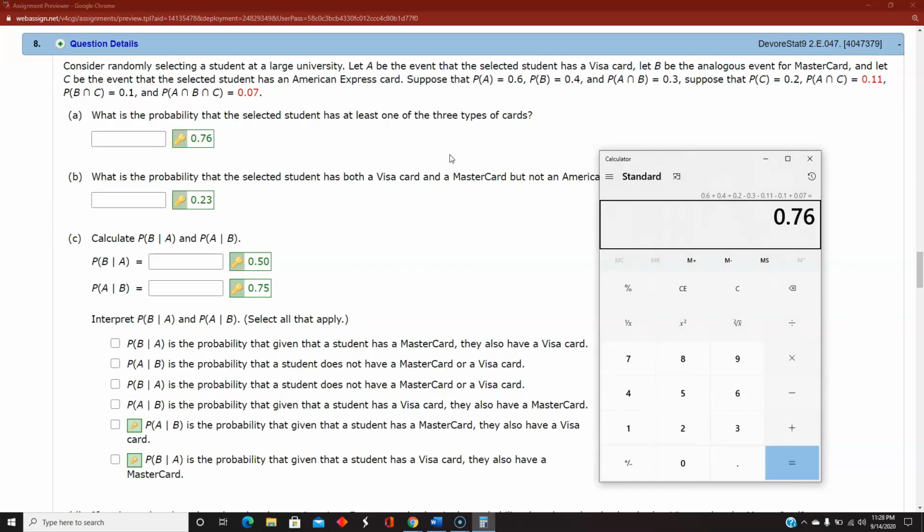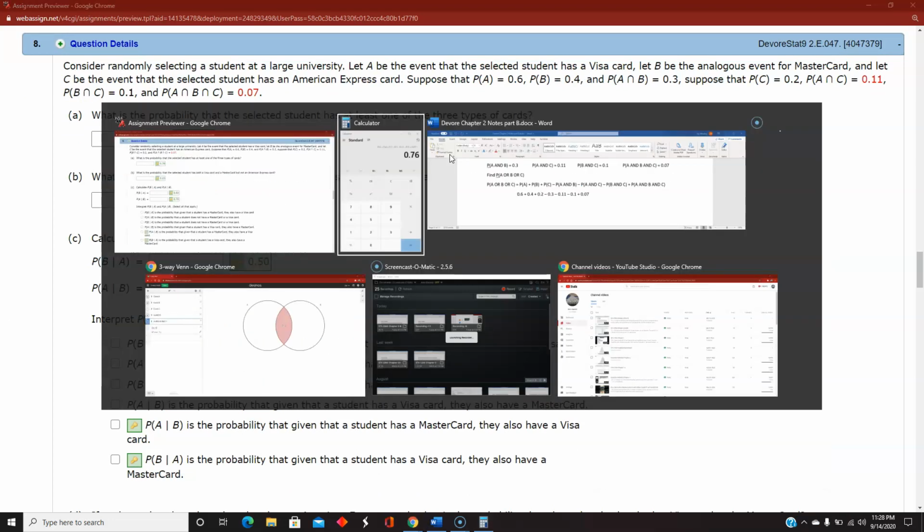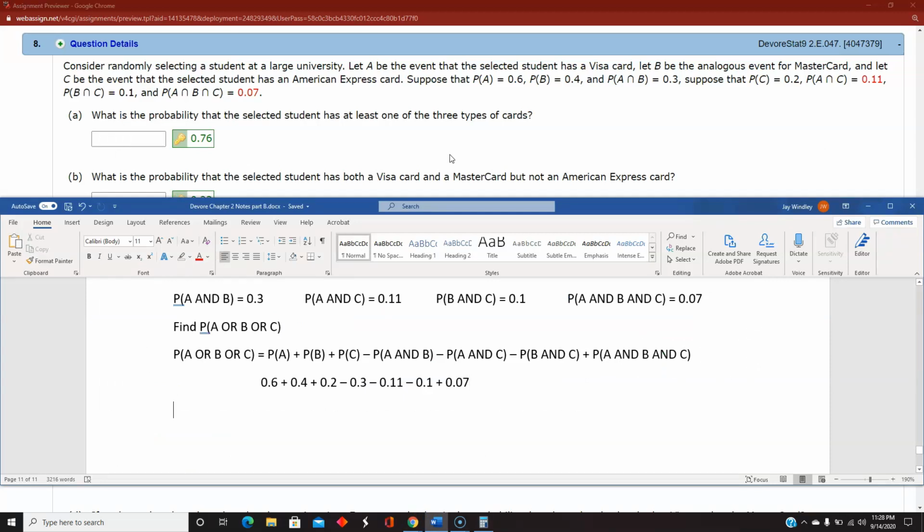What's the probability that the selected student has a Visa and a MasterCard, but not an American Express? So they're saying, what's the probability the student has a Visa and a MasterCard and not an American Express? Like that. So this is a little bit tricky. There's a rule